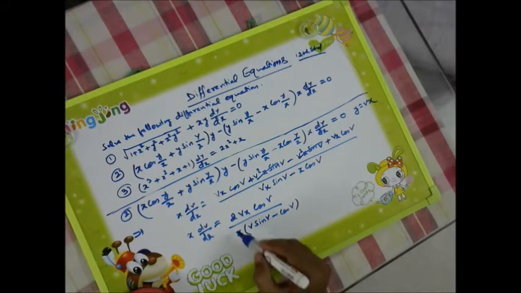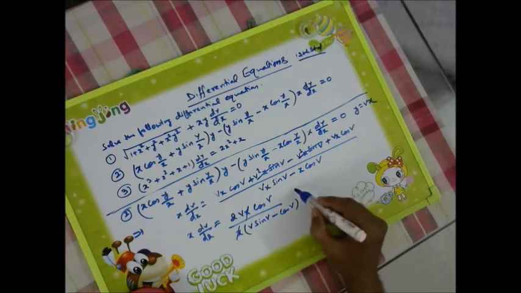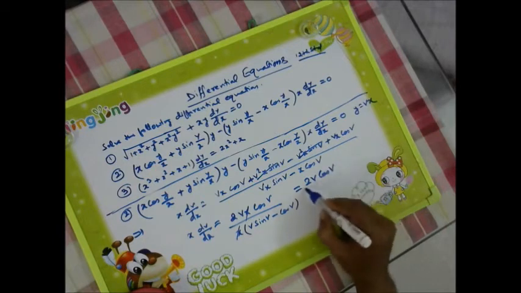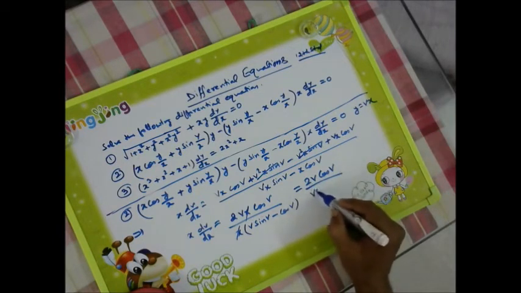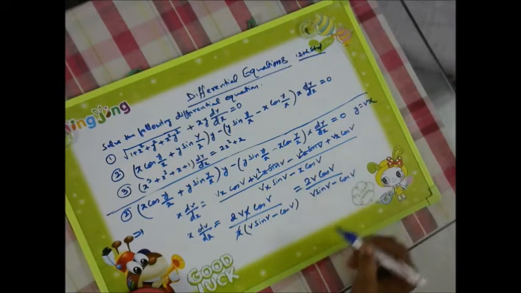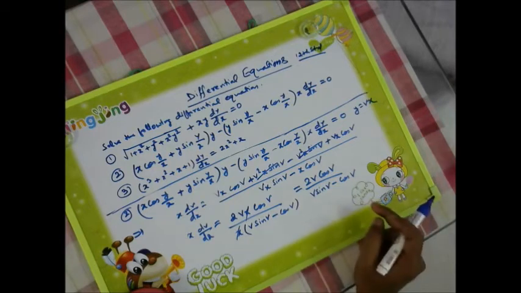Okay, so x and x has got cancelled, and it has given to us as twice V cos V by V sin V minus cos V. Okay, so at the bottom it has become in this way, twice V cos V by V sin V minus cos V. Right.